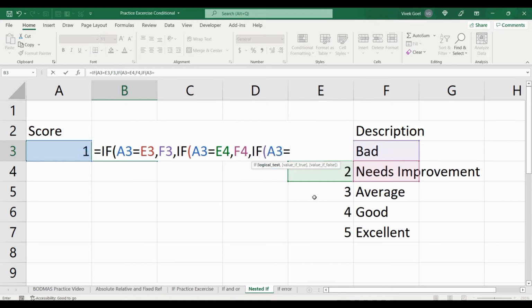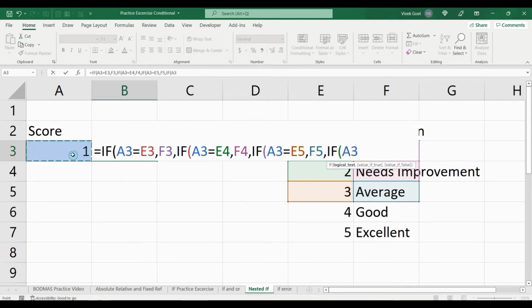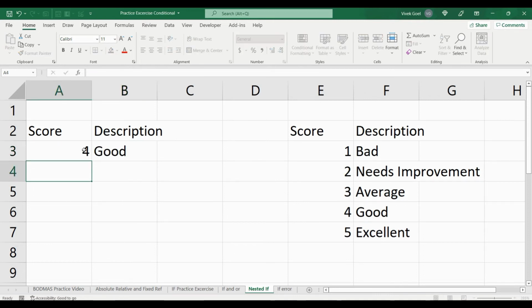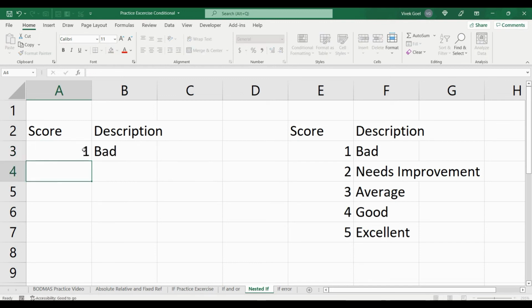If that is the case, we will specify average. If that is not the case, we will check further to see if score is equals to 4. If that is the case, we will specify good. Otherwise, we will specify excellent. And now we got the appropriate description on the basis of our score. If we change our score, the description is changing accordingly.